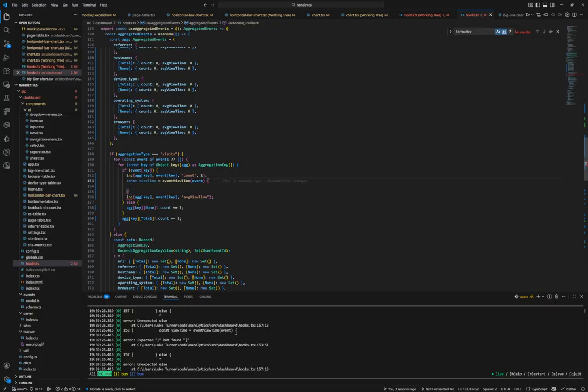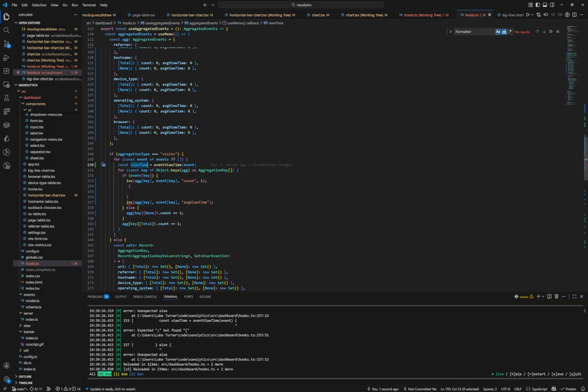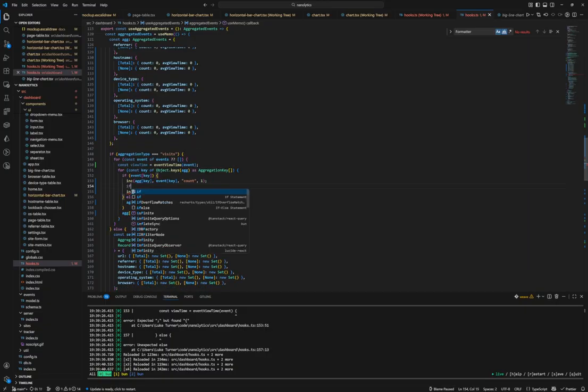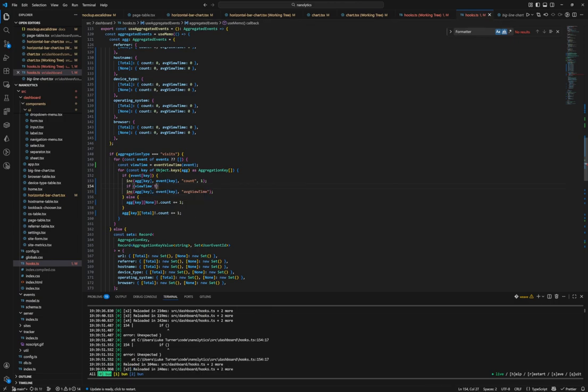And that actually can go up here. We don't need to recalculate that for each key, just once for the whole event. And then we would say, okay, yeah. If view time, let's say if type of